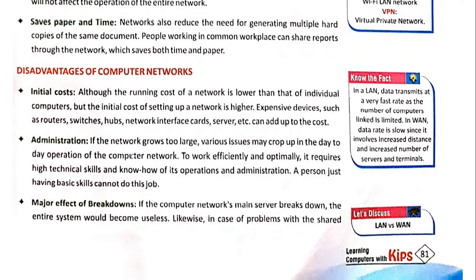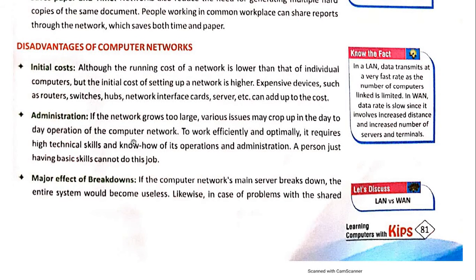Now the disadvantages are very few. What are the disadvantages? The first one is initial cost. Initial cost means those offices or people who have manual work, writing in registers and maintaining copies and pens, whatever they have, when they go for purchasing computers for the first time, even if different organizations work together to purchase a computer, it becomes costlier for them. So the initial cost is very high.